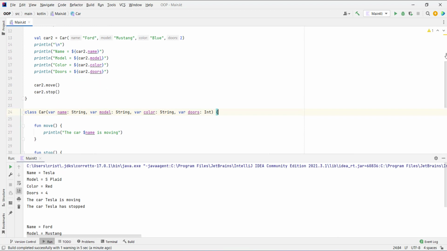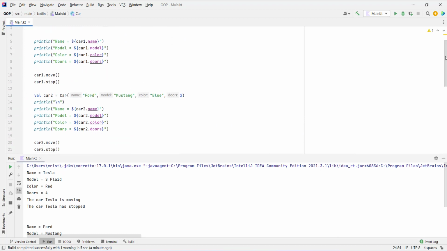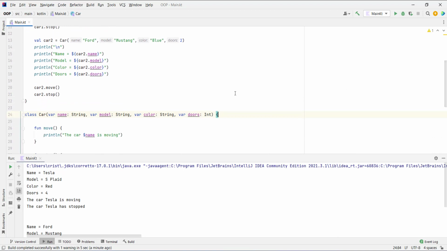Because the value that is passed as an argument to the property there, I say property because they are now declared as properties, is directly stored as the state of the object. So if you want to do some work before you assign the value of the property, you need to declare it as a parameter.